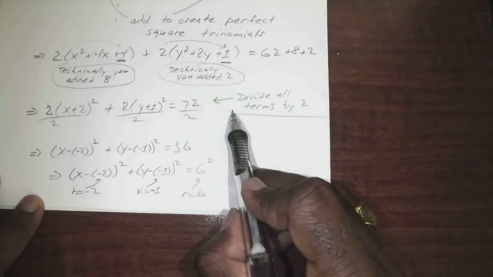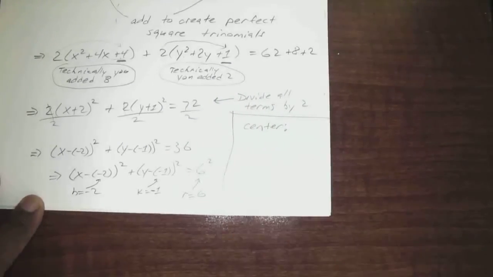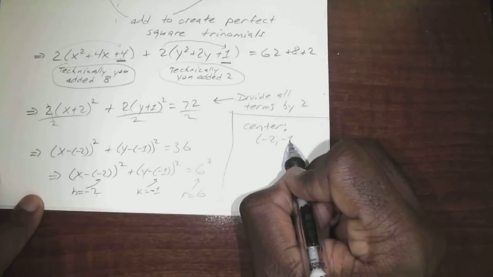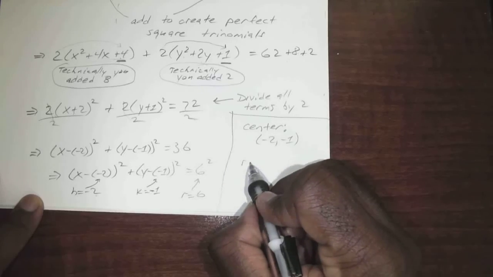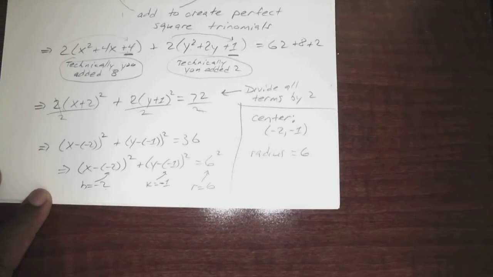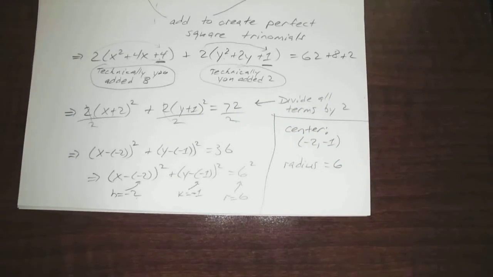Okay, so if we wanted to write it, our center is negative 2, negative 1. And our radius is 6. All right, so any questions on that one? All right, so we'll go ahead and